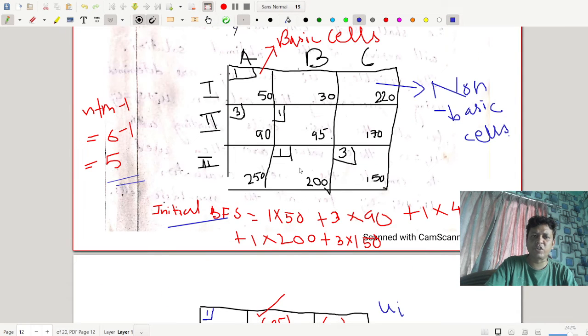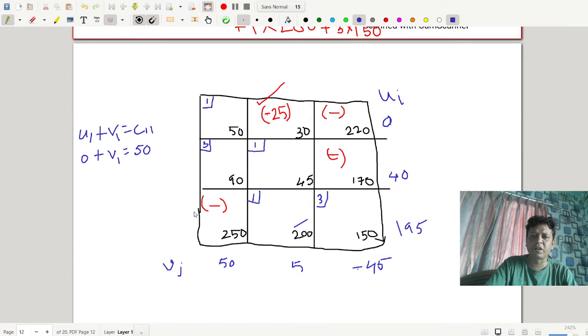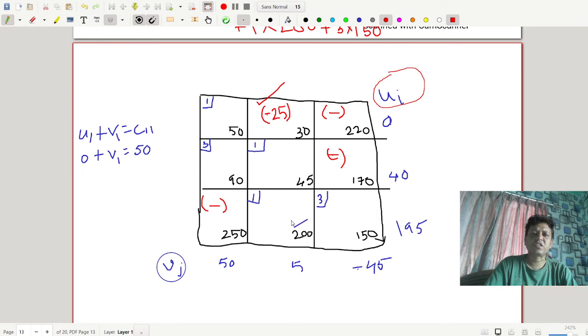Again, after this calculation, you write a fresh table here. You start from a fresh table for optimality. And look at the basic cells. There is an additional cell here, 1 3 1 1 3, and that is 5 in number. At the top you write UI, and below you write VJ. This is sometimes called the UI VJ method for finding optimal solutions.